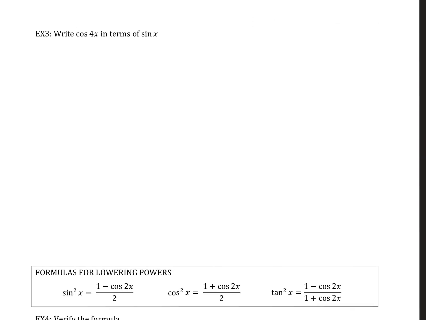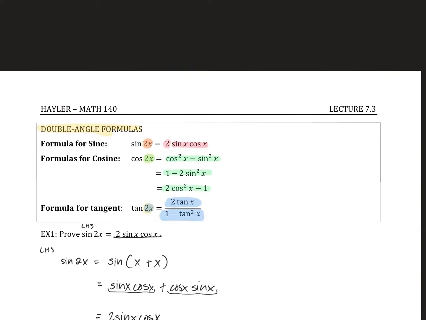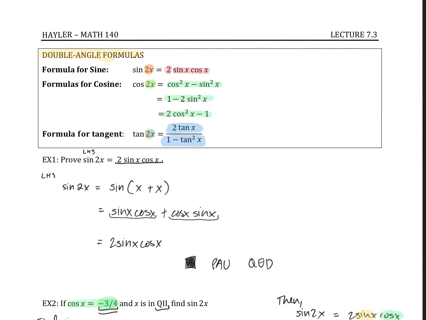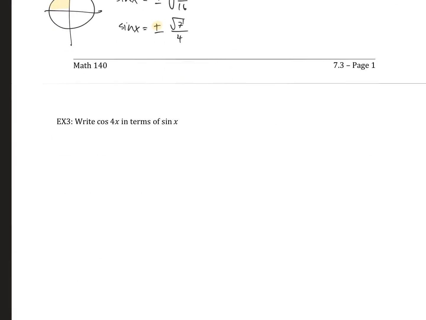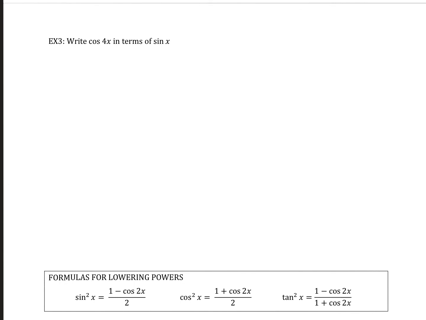Now example 3, write cosine 4x in terms of sine of x. Okay, so we're going to have to take a look at some of the values we have here to figure this out. Alright, so we're looking at cosine of 2x and seeing if we can replace any of those cosines with some more sines. So what should I use? Well, all of my formulas have to do with cosine of 2x, and I have a 4x, so I need to simplify that. Well, I do know the trick we used last time, that cosine of 4x can be written